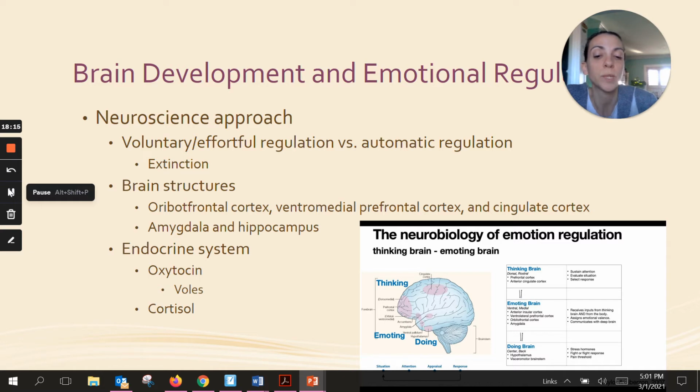Those children who are post-institutionalized have dysregulation in their HPA system. They do have prolonged cortisol elevation after interactions with their mother, showing that interactions with their mother are actually a chronic stressor for them. High cortisol levels are also associated in girls who have been sexually abused and children who have been severely neglected. Cortisol is going to be one of the most important hormones that we talk about.